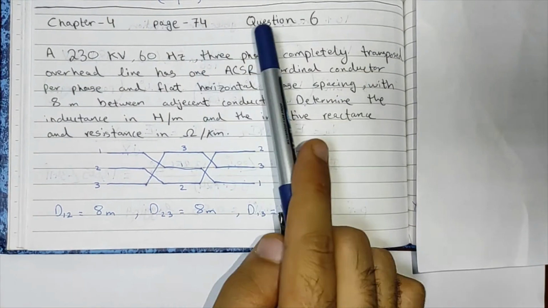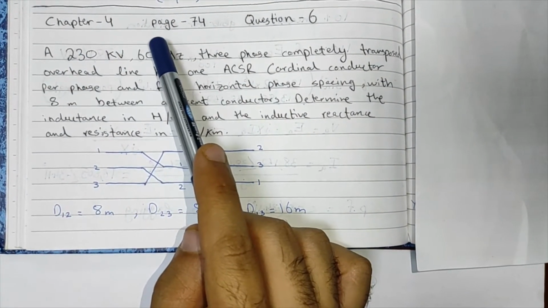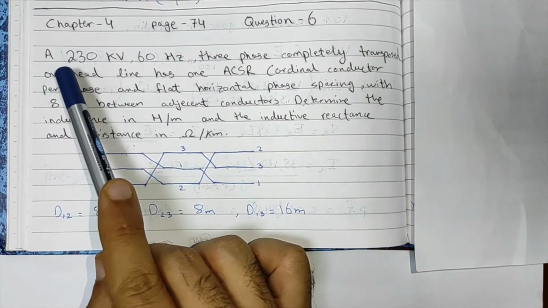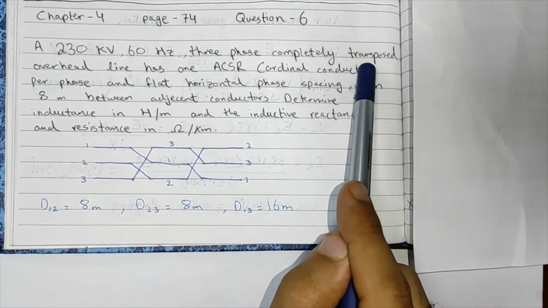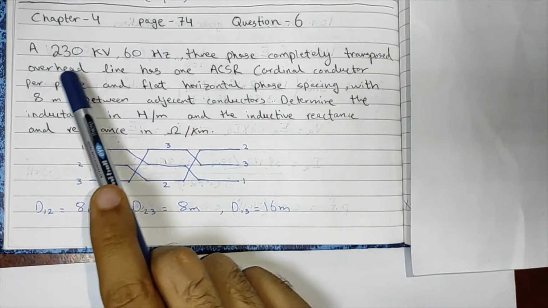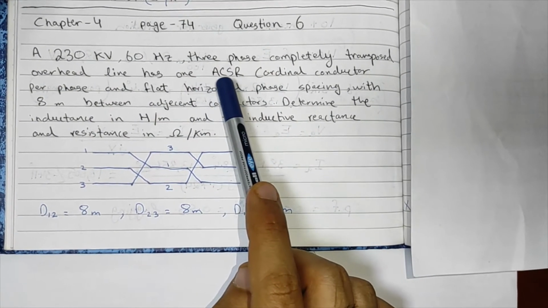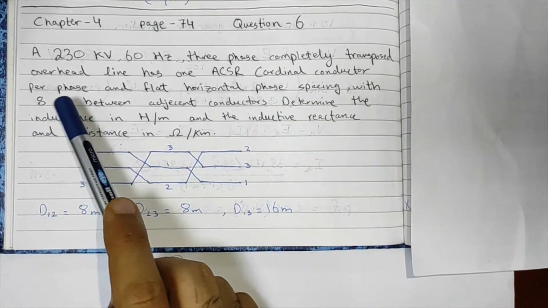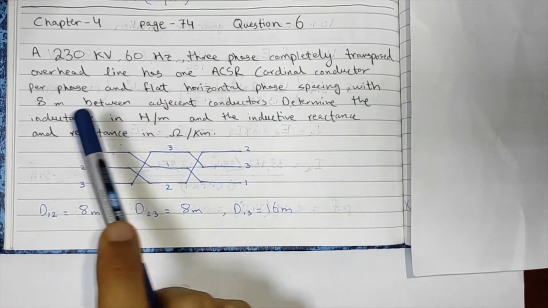So this is question number 6 of chapter number 4. You can find it on page number 74 of your book. The question says that a 230 kilovolt 60 hertz three-phase completely transposed overhead line has one aluminium conductor steel reinforced Cardinal conductor per phase and flat horizontal phase spacing with 8 meters